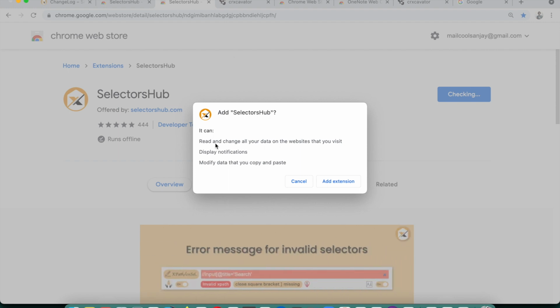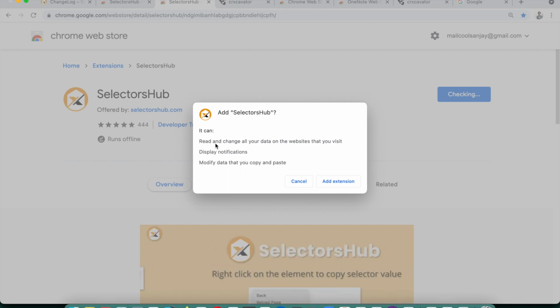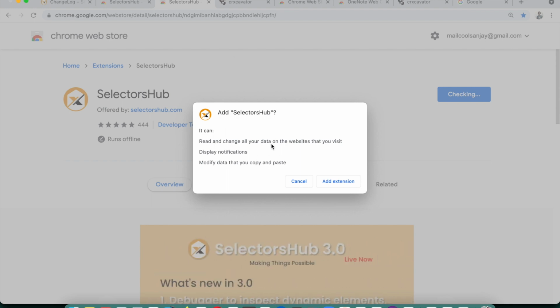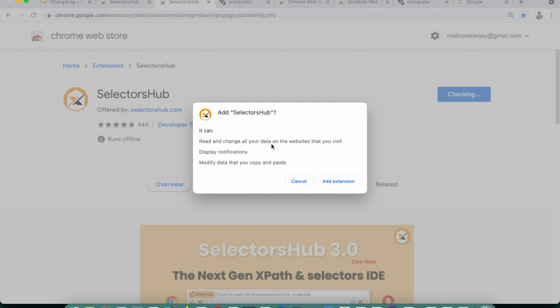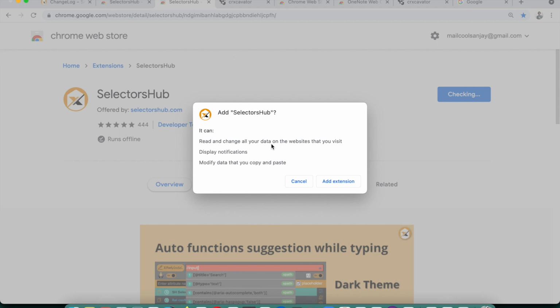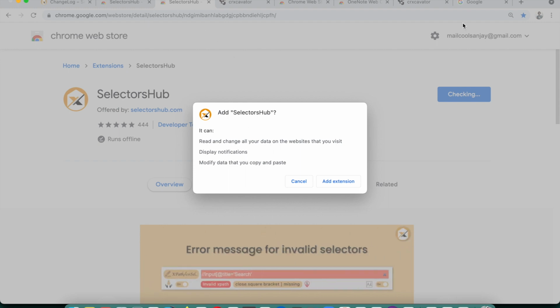If that were the case, nobody would be using any Chrome extension, because this is the default extension pop-up. It comes for most plugins, like 99% of plugins. If you install in the Chrome browser, you will get this pop-up. Generally you don't notice, but sometimes some people notice and say, oh my god, why is this asking to read and change my data? No, it doesn't do that. Chrome doesn't allow those kinds of plugins if a plugin starts reading your user ID and password.